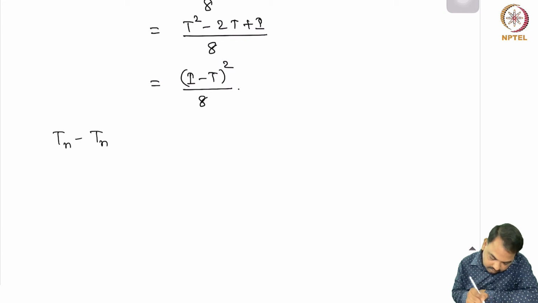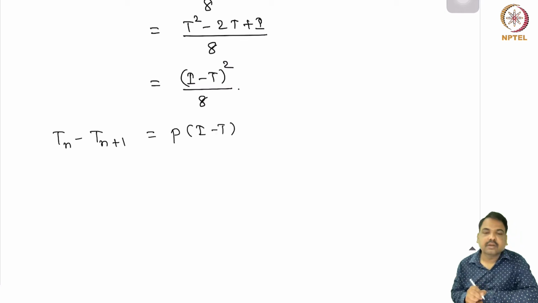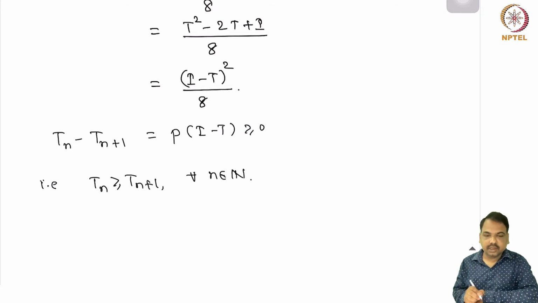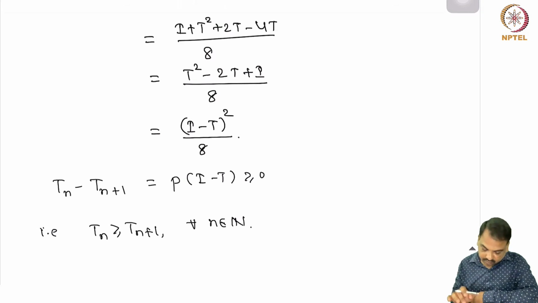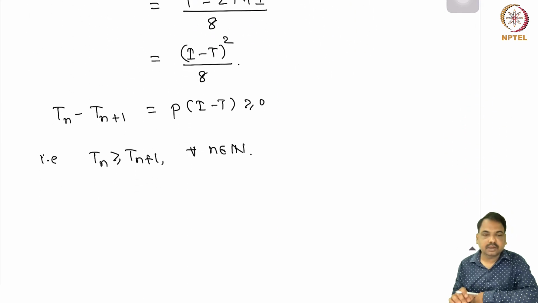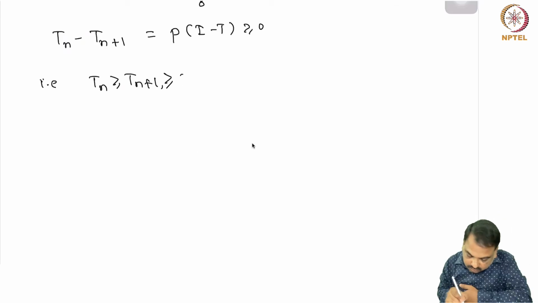Tn minus Tn plus 1 is a polynomial P in I minus T, where P is a polynomial with positive coefficients, which is positive. That means Tn is bigger than Tn plus 1 for every n in N. So the Tn's are decreasing. Now we want to show that the Tn's are bounded below by an operator. This is positive for every n in N. So hence we can conclude that